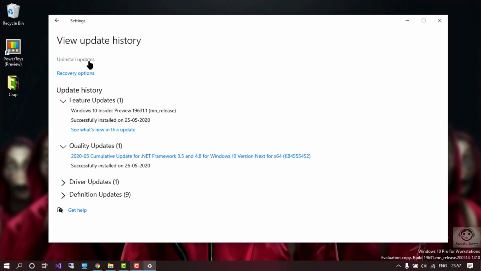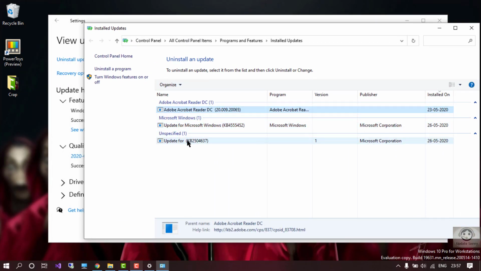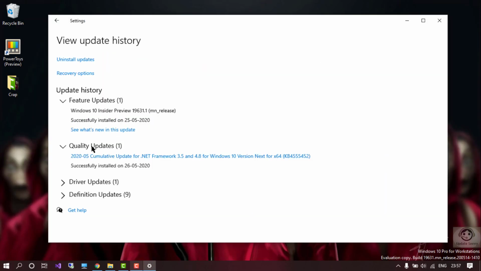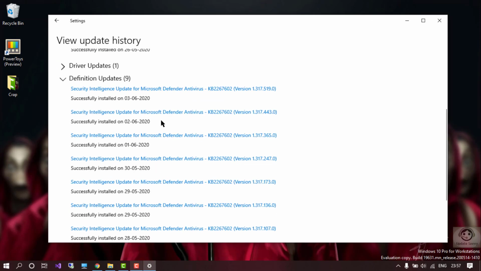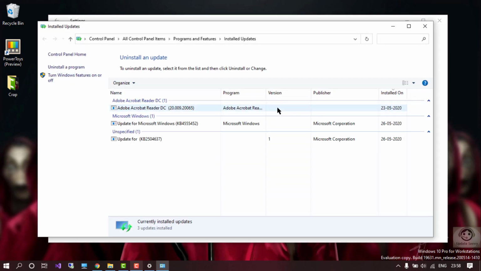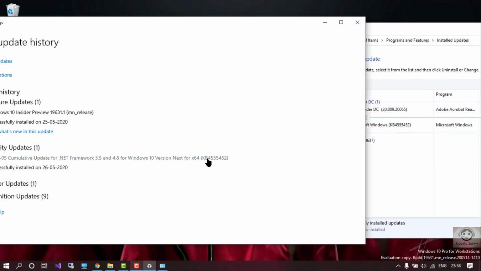and see the uninstall updates. So you can see these are the updates which happened recently to my system, which is recently updated on the 26th of May. So you can see here the latest update happened to your system for the antivirus update. This is, and for this one like 45422, this is the latest update happened to your system. And you can then uninstall the update from here. So you can see latest update happened to your system 26th of 05 2020, and then you can also see that this is available